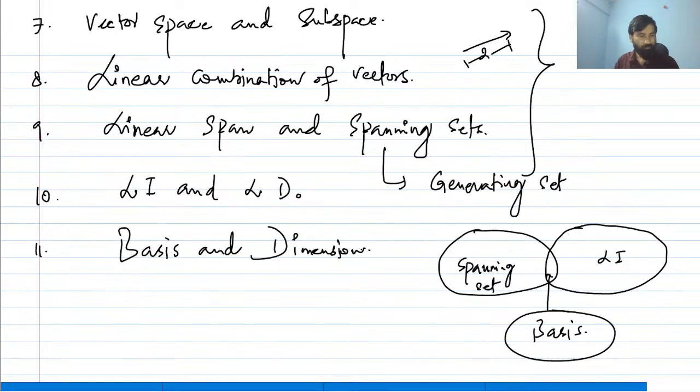Okay, I hope everybody understands what is the meaning of basis and dimension. Okay, so guys, you might be noticing now, Dheeraj sir, why are you not discussing about matrix? Why are you not discussing about determinant? Guys, those are the tools. Remember always, you have already studied those things in your class 12th, but I will be giving you the recap. I will revise those concepts, that's it, so that you should not face problems.